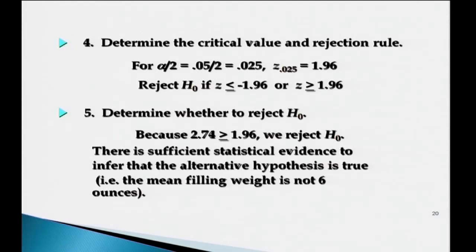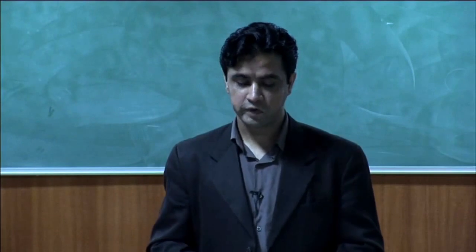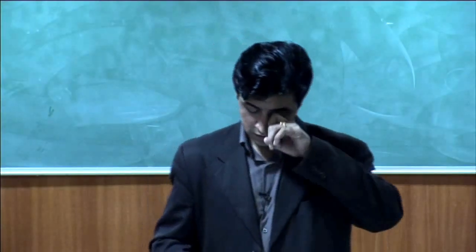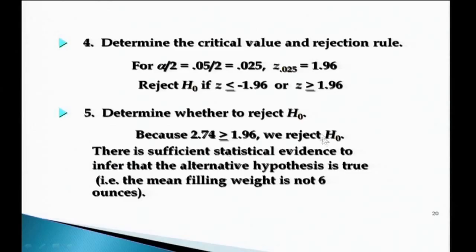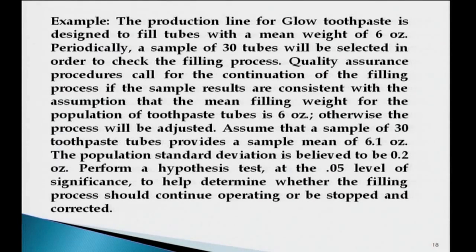right, although it was looking like 6.1 can be quite close to 6 if we go by our intuition, but which is not true at 95% level of confidence. If we change our level of significance, then the situation may be different. So, it is very important that we do not take that intuitive decision of assuming two things equal or not equal. Better to test that with hypothesis testing using the statistical method. So, our final conclusion: his requirement was, should the process continue operating or be stopped and corrected, right.